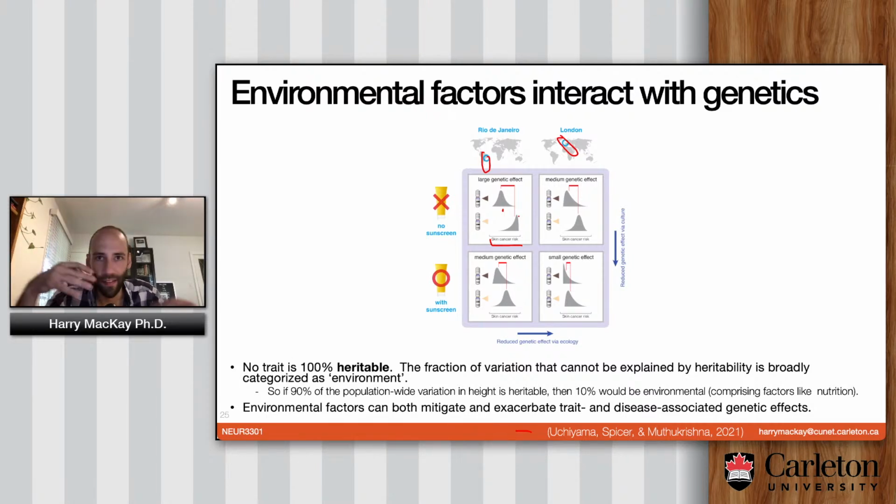And so you can see this applies everywhere. The genetics you have very often depend on the environment that you're placed in and what you do or do not do or what you have access to. This is why I think, whatever you could say about the genetics of intelligence, basically not something you'd want to worry about as long as social inequality exists, because you can never really dissociate the effect of upbringing and living conditions from so many of these relevant things. So the point is that the environment interacts with your genetics in many, many complicated ways. They can both mitigate and exacerbate trait and disease-associated genetic effects.